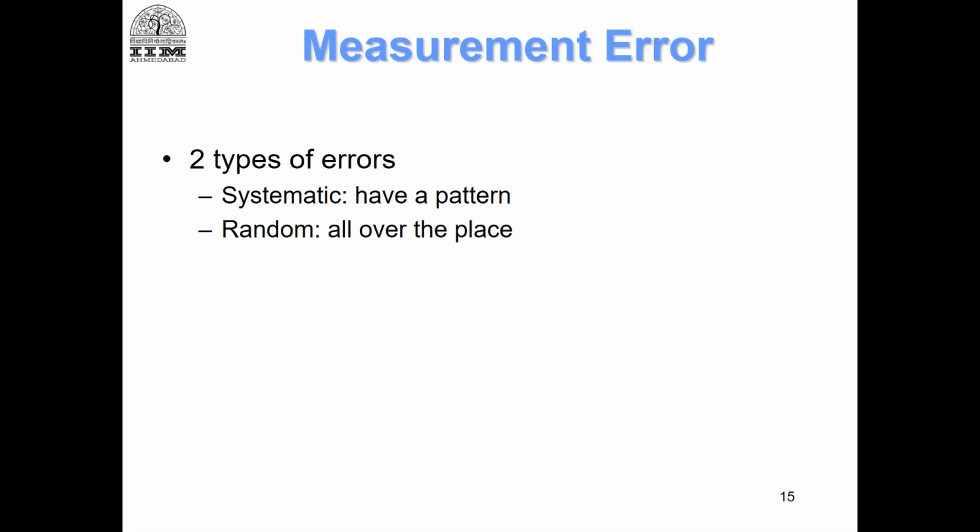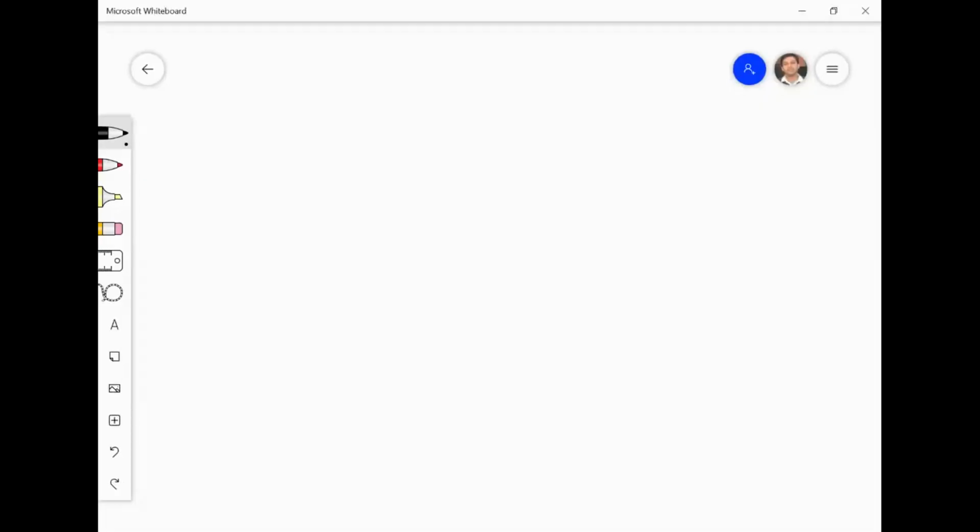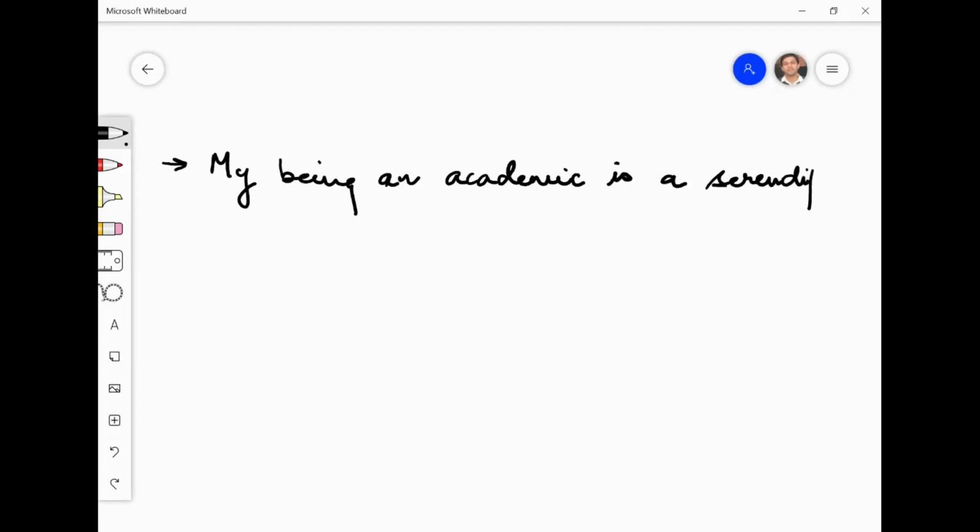Now the idea of these two measurement errors is very simple. Random measurement error means there is no specific, definite pattern to the error. For example, if I were to ask you this question, let us say the question is: my being an academic, and I am treating you, even PhD students, as being in an academic profession. Being an academic is a serendipity. So this is a question that I ask you on a scale of 1 to 5,